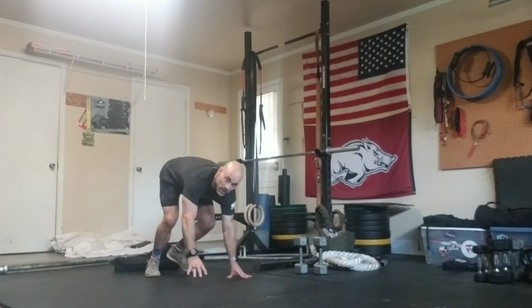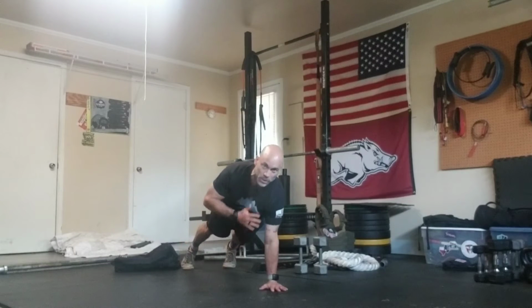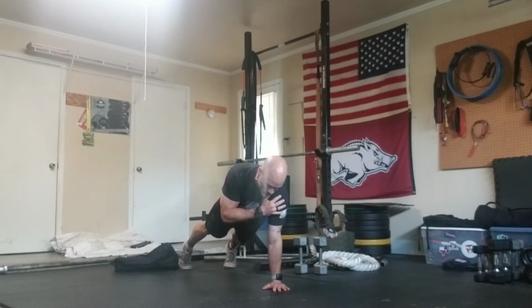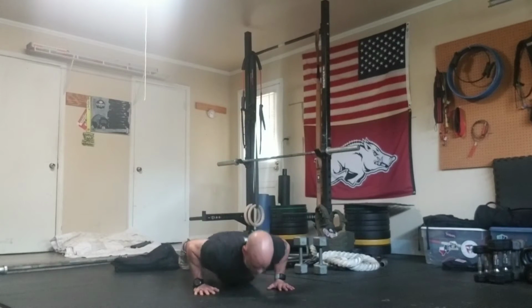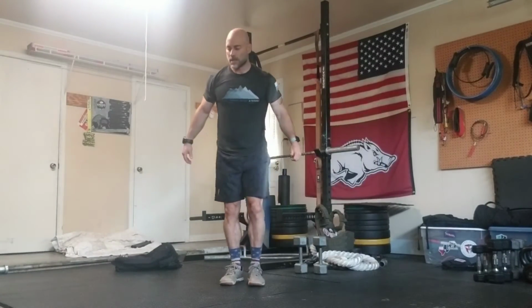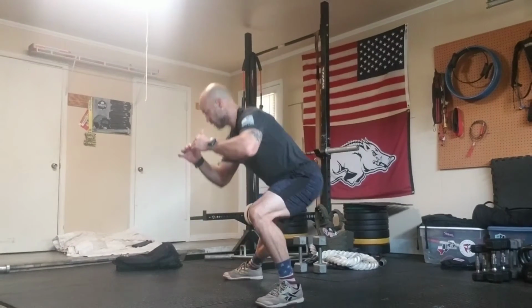I'm going to get here, and what I want to do is come down, push up. I'm going to tap, down, slow and under control, with this pause at the top. So that's our push-up shoulder tap. Then I go lateral lunge. Let's alternate this. So I'm going to come over to this side. There's 1, 2, sit back into this hip,